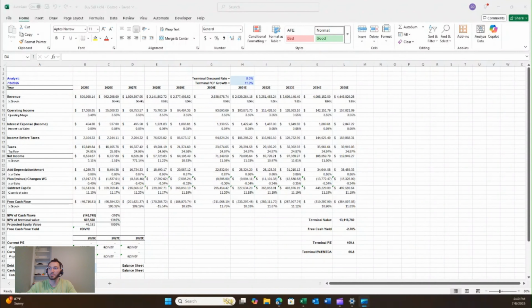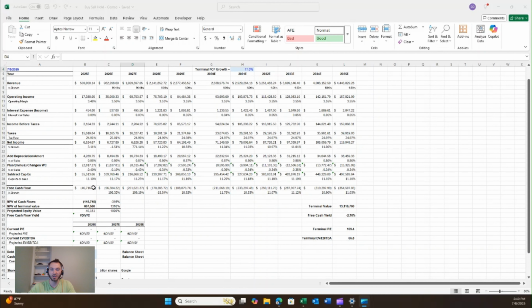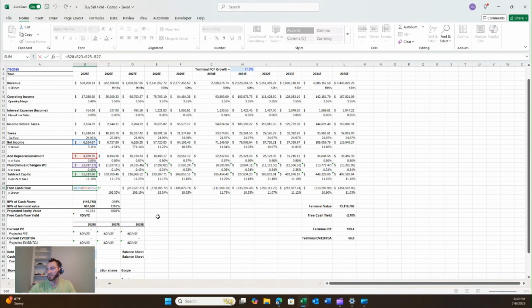Otherwise, a lot of the other numbers on this page look pretty standard, track pretty well. A lot of the growths make a lot of sense, nothing too out of the ordinary. But one thing I did notice is the free cash flows will be negative for all of these years into the future. So I believe a lot of that just comes from the changes in working capital and starting with that net income. So just with the changes or subtracting the capital expenditures, I should say,